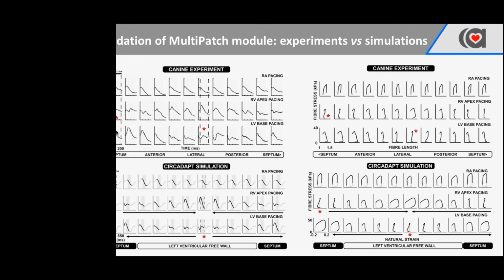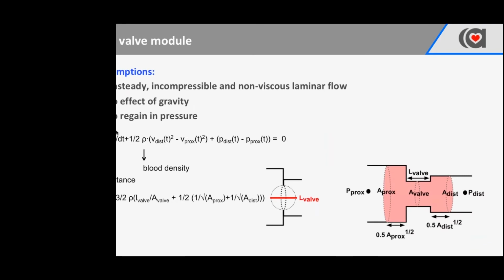Now we have to change topics, and we go to the valve. The valve module has a couple of assumptions, namely unsteady, incompressible, and non-viscous laminar flow. We assume no effect of gravity, and most importantly, no pressure regain. That means that we do have the Bernoulli losses. If you get an increased velocity